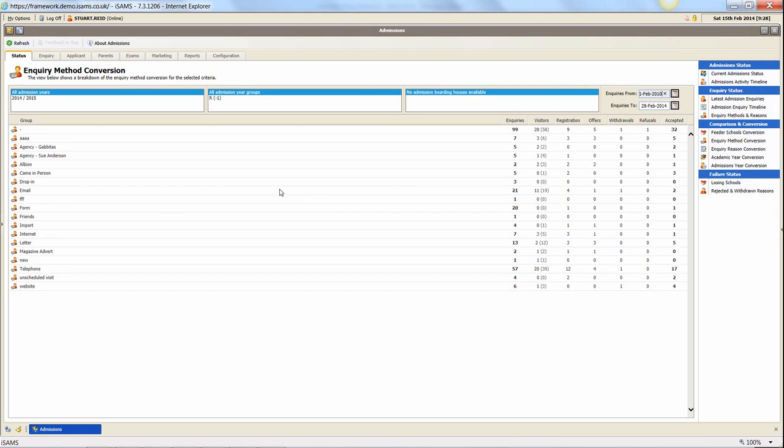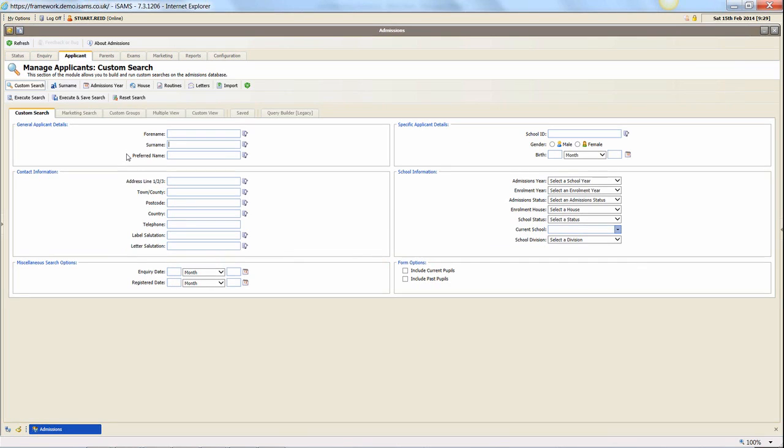So based on the particular inquiry method, how many inquiries did we have? How many pupils then visited? How many registered? How many offers were made? Withdrawals, refusals? How many accepted? Where are the pupils going if they aren't coming to our school? There's then a very, very simple rollover process in order for us to make the applicants current pupils. Once they come into the database,